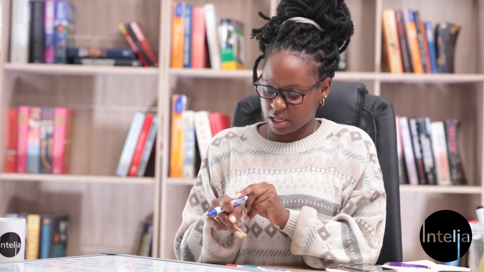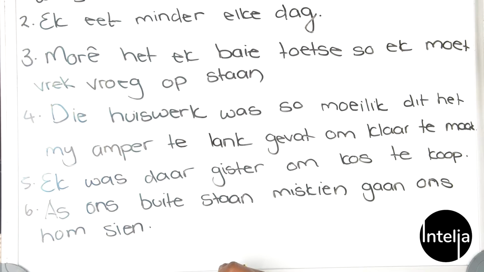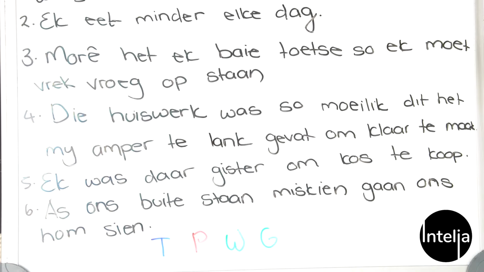So, ons het, let's make this bywoord van tyd, which is adverb of time, bywoord van plek, adverb of place, bywoord van wyse, adverb of manner, so how something is done. And we have bywoord van graad, which is adverb of degree, so the degree in which that specific verb is